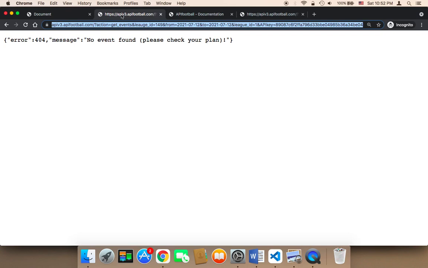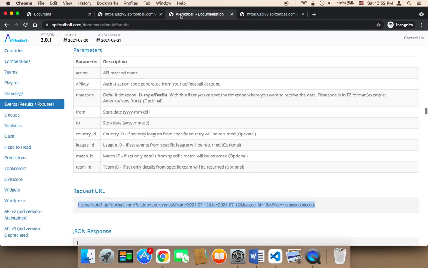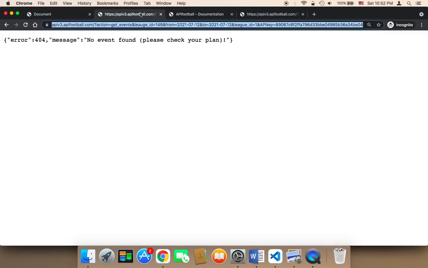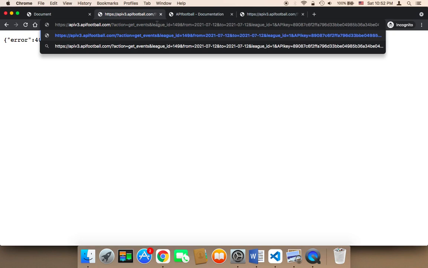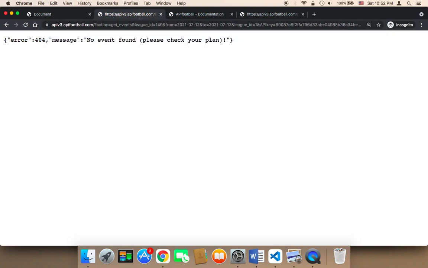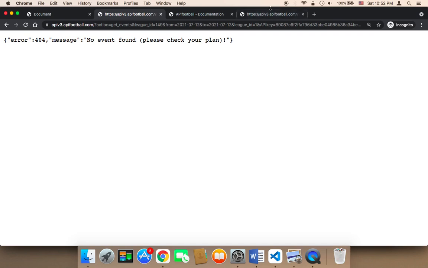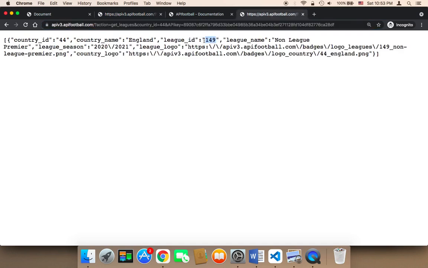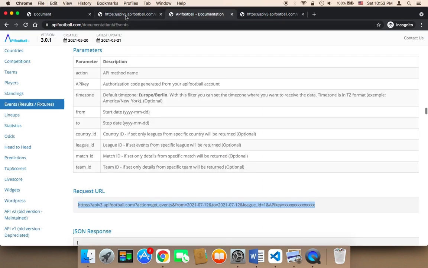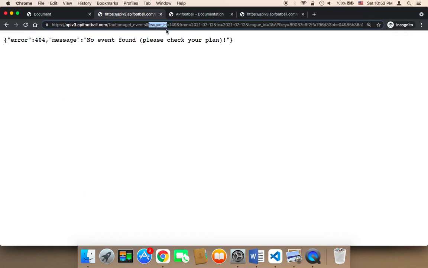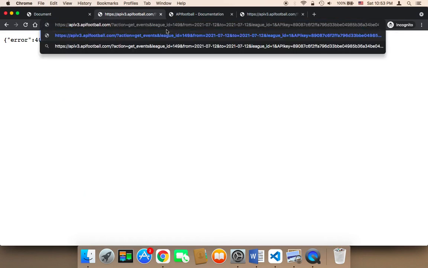And here I have a spelling error, by the way. It should be league ID. So I'm gonna say league ID, and here the league ID is, let me check one more time. So the league ID should be 149, I think. 149, yes. So we need to use 149. So here I'm gonna say again league ID is equal to 149, and from this to this, and here for league ID, I need to remove this part,